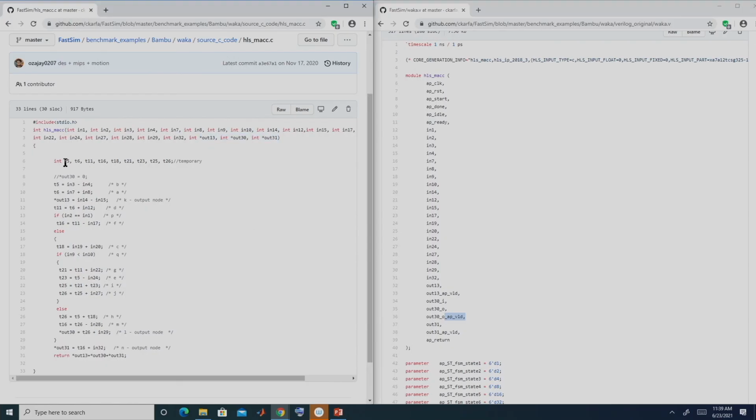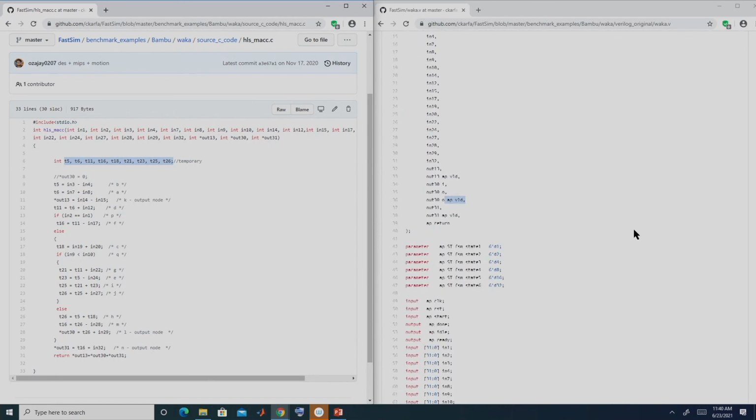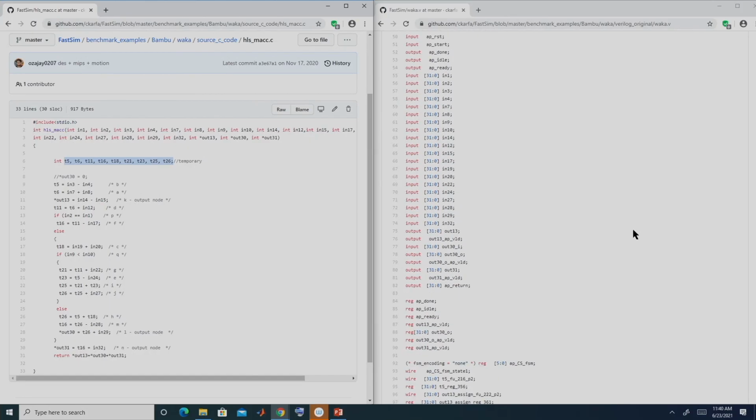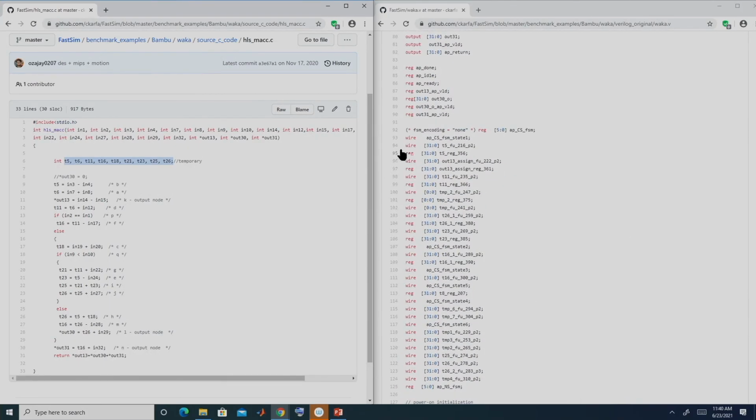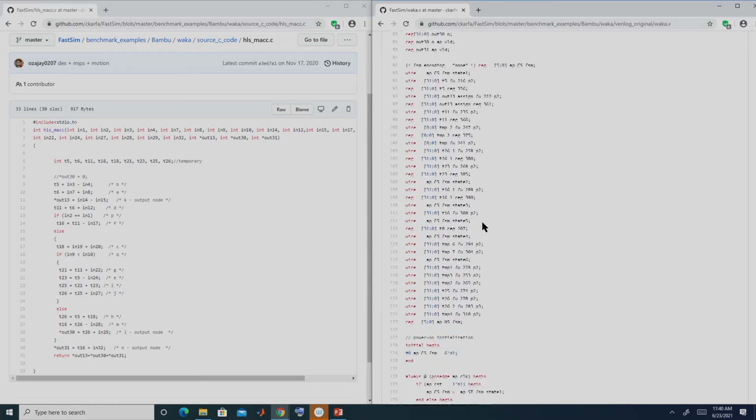So, here you can see the input variables are T1, T2, T3, these are the temporary variables that are used in this program, right. What about here? You have to check the registers, right. So, you can see here there are so many registers, and OR is basically an intermediate signal, we do not have to bother about that, but if you see here the registers, some reg 361, some T61, you can see here there are many registers. So, we can see that the internal variables are different, input output are same for both the program and the RTL, but the intermediate variables are different because here intermediate variables are the temporary variables of the program and here it is basically the registers, right.